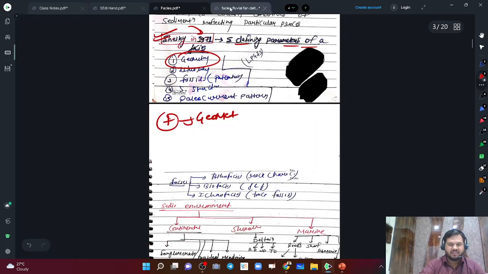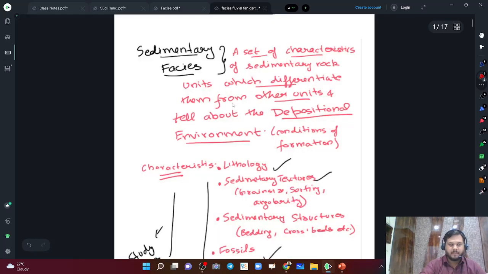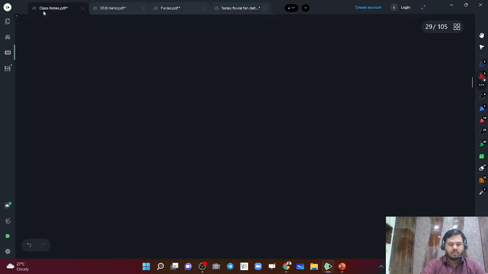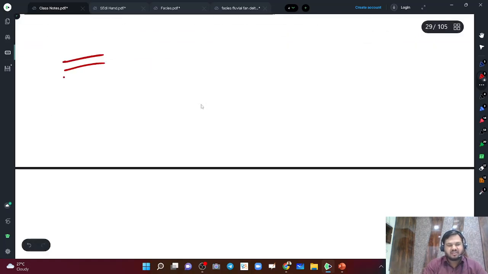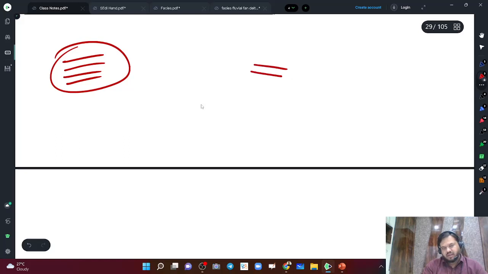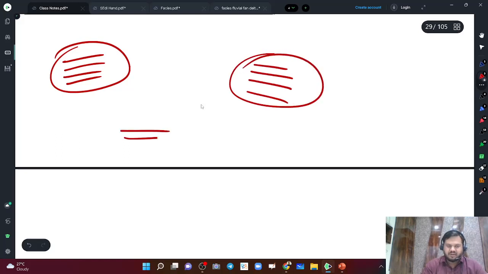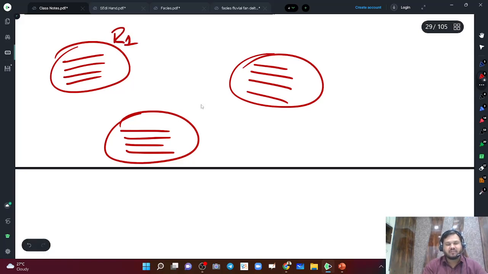This is what a facies is. I will again explain it here, right? Suppose you go to a place and you are seeing certain sets of rocks, right? This is a set of rock, and again you are seeing certain sets of rocks, right? This is the first set of rock, R1. These are the second set of rocks. These are the third set of rocks. So they are different, right? Why am I giving them a different number? Because they differ in certain properties, right? They could differ in thickness,